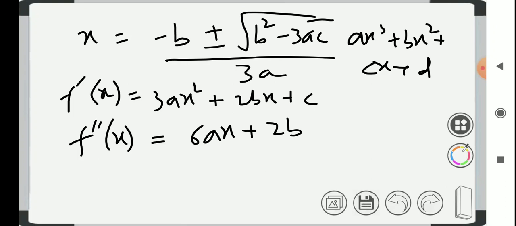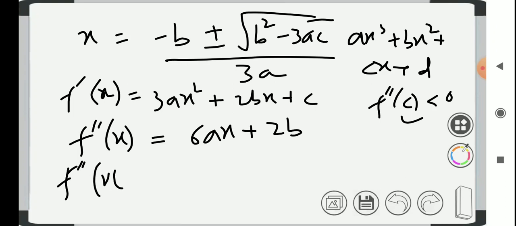If you know the second derivative test, that if f''(c) is less than 0, then c is the point of maxima. You might also have the geometrical interpretation of this by comparing the rates of change of slope of the tangent. I am not going into that discussion. We will simply put one value of x and another value of x.